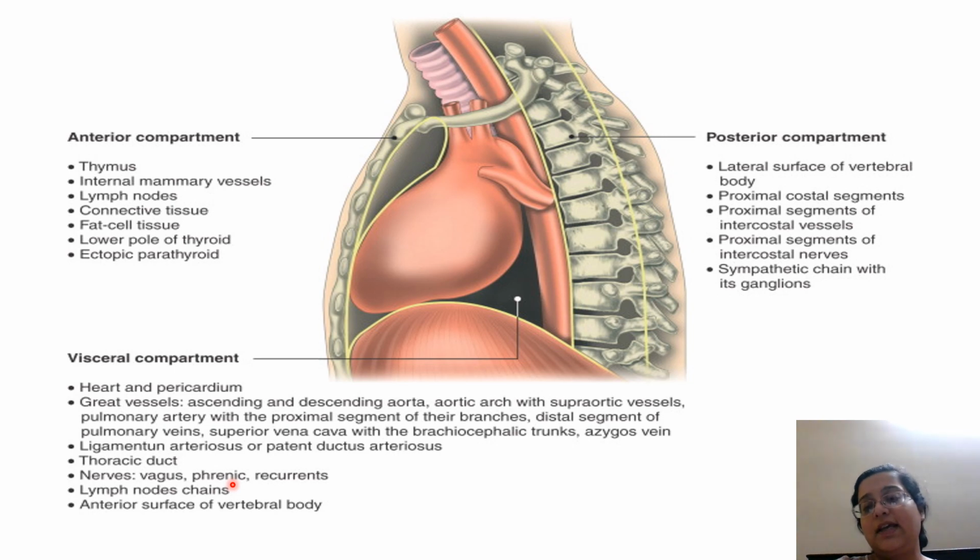The middle mediastinum has more of organs, and the anterior has specific organs like thymus and lymph nodes. Of course, all the 3 compartments have some of these. The esophagus and the trachea branch and then go inside the lungs, and the esophagus runs from here up to down till the opening of the stomach.